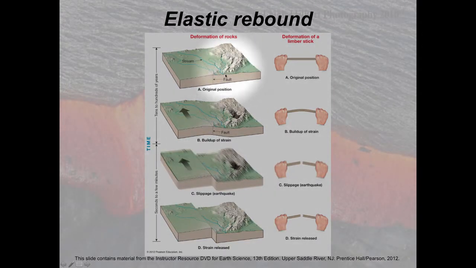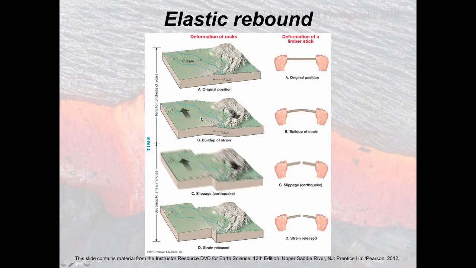Here we have an example of crust that's in an original position. As tectonic forces start to stress and strain this block here, it moves, which causes deformation and strain to build up along this fault boundary, akin to bending a stick. The original stick has no stresses on it, but as you exert stresses on either side, it starts to bend. The same thing happens in the solid Earth and in the crust. At some point, and that can act over tens to hundreds to thousands of years,